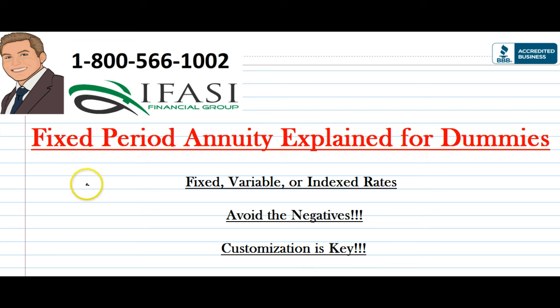With a fixed period annuity, this could be set up a couple different ways. You have either the fixed option, the variable option, or the indexed rate option. If you have a fixed period fixed annuity, typically this is known as a MYGA, which is known as a multi-year guaranteed annuity. This could be equivalent to thinking about how a bank CD works. What happens is an individual will go place dollars into a bank known as a certificate of deposit for a set duration of time. If we use an example of like a 5-year type bank CD, what's going to happen is each and every year there's a fixed percentage rate that's going to be paid out based upon whatever the principal was that you placed in there.